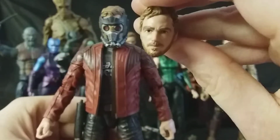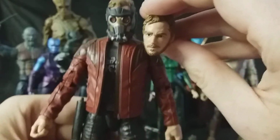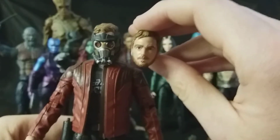As you can see, it's more of a traditional painted Star-Lord, but it does look like Chris Pratt a hell of a lot still. Still an impressive figure. Looks grand, but I'd like to have a helmet version, so nice to have another normal painted version that looks like Chris Pratt. I have to say it's a massive improvement over the first Guardians of the Galaxy figures that they released. The other version that they released was this long coated version